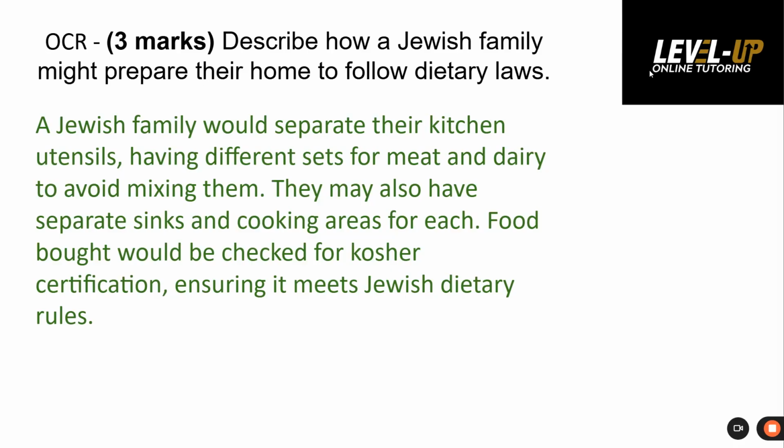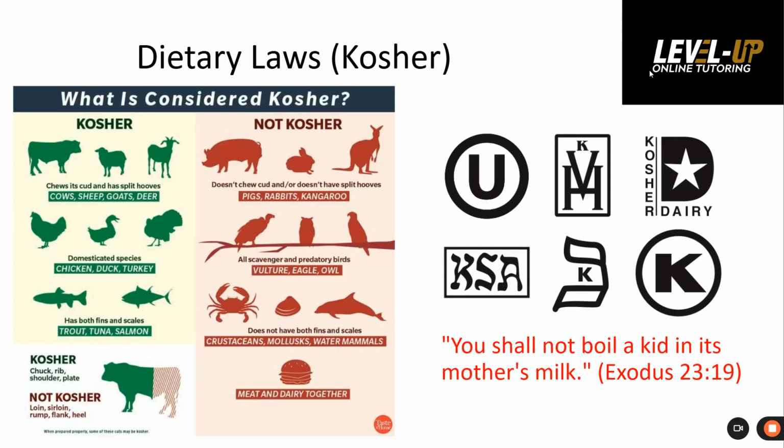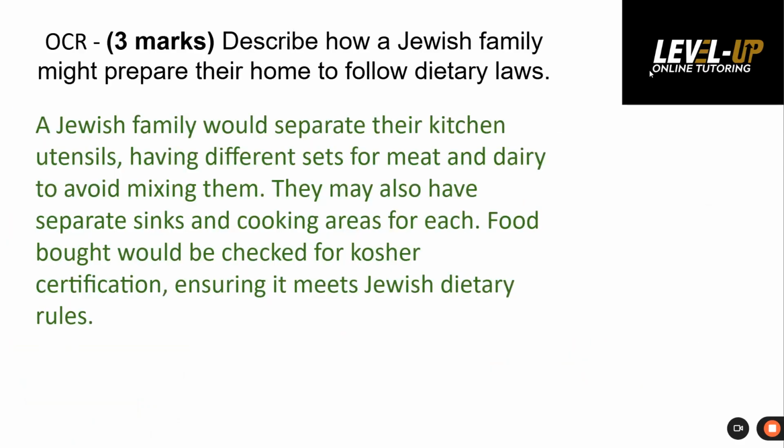But also, you'll have noticed on the previous slide, there was a whole load of symbols. If I move back a slide very quickly, you'll see them here. All of these symbols on the right-hand side are what you would find on food packages, and that's what tells them that the food is actually kosher. So when they go to do their shopping, they will have to ensure that all the food they buy has those symbols on them if they are food that could potentially not be kosher. Things like vegetables are known as parve, which is just things that they don't have to fit into that rule. You can have any of them.